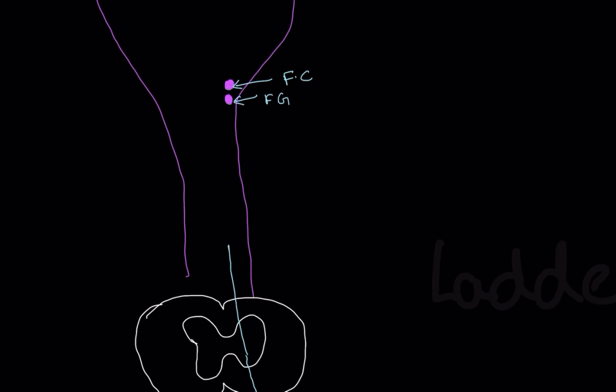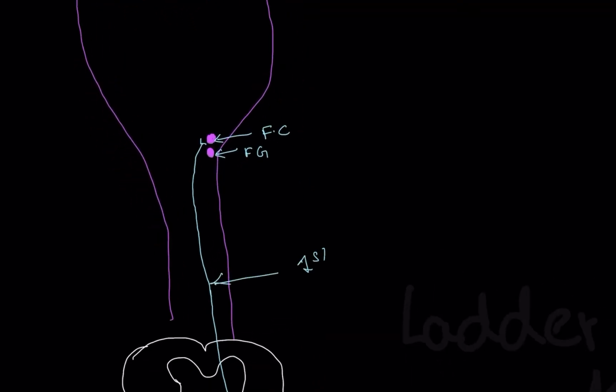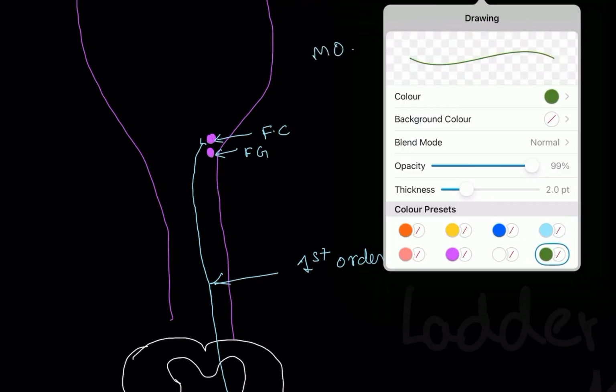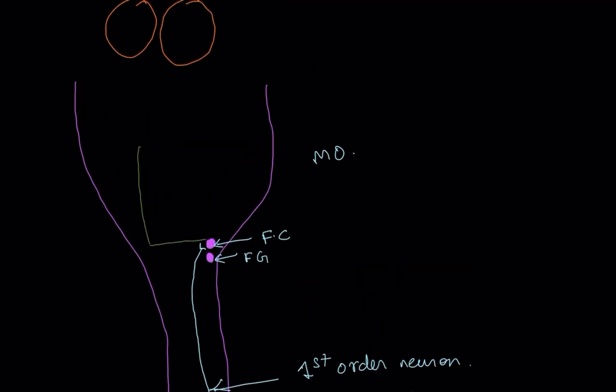The upper limb sensation was taken by whom? Fasciculus cuneatus. So fasciculus cuneatus took the sensation. Now this neuron is called the first order neuron. Here in the fasciculus cuneatus, which is present in the medulla oblongata, the second neuron will start to function. They will decussate. What is the meaning of decussate? Decussate is crossing over, so they'll come to the opposite side. Then they will go to the thalamus.